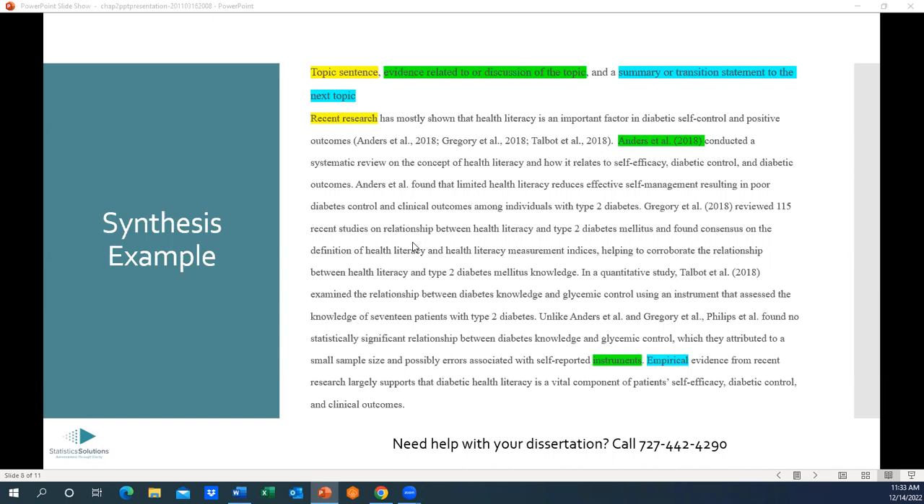And I want to draw your attention to a couple things here. Now, there's a little analysis in here, and we're going to get to that in a minute. Analysis. So it's not just summarizing. There's a little bit of analysis here. It says recent research has mostly shown that health literacy is an important factor. Okay, I have the word "mostly" in there